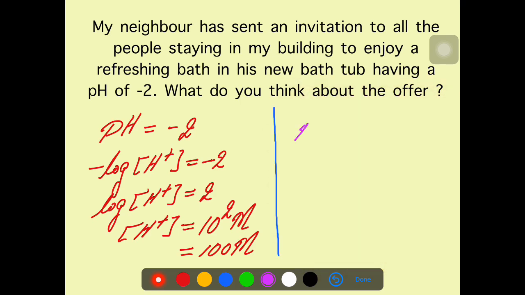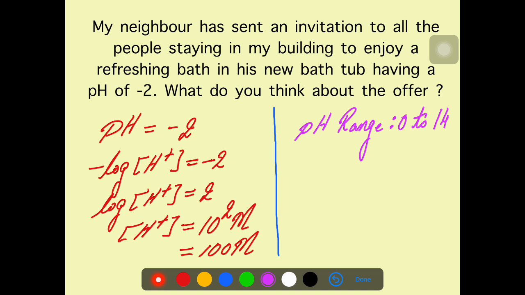I've been saying up till now that the pH range runs from 0 to 14. So can the pH be less than 0, which means negative, or more than 14? The answer is a big yes. For very highly concentrated solutions of acids, the pH can be negative. Whereas for very highly concentrated solutions of base, the pH can be more than 14.